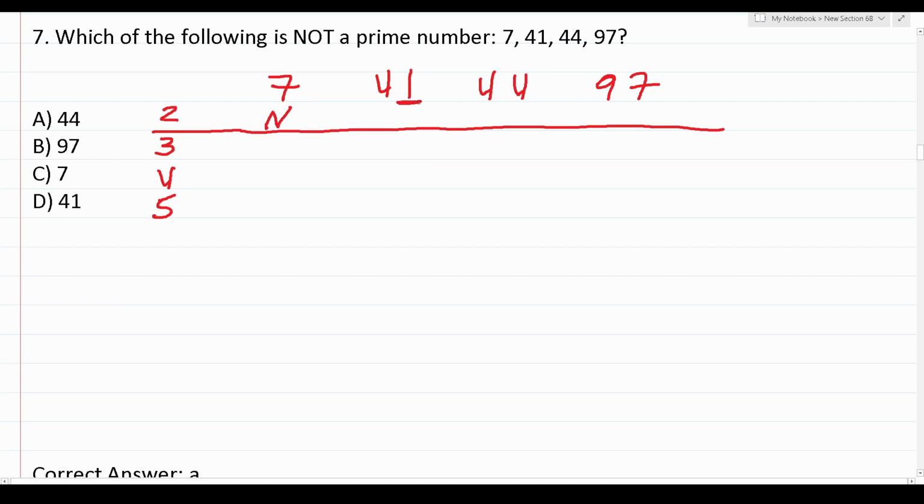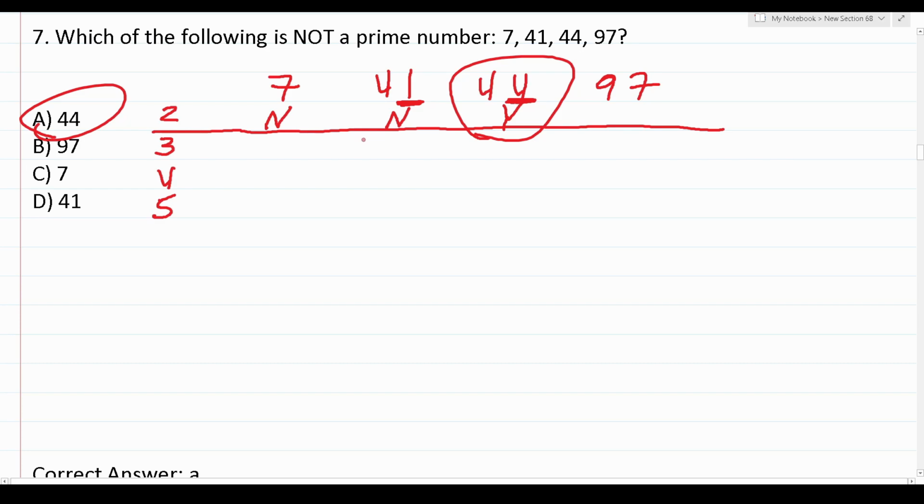Is the last digit in 41 an even number? No, it's odd, it's 1. So 41 is not divisible by 2. What about 44? What's the last digit of 44? It's 4. 4 is an even number. So I know 44 is divisible by 2, which means 44 is not prime because it's divisible by something other